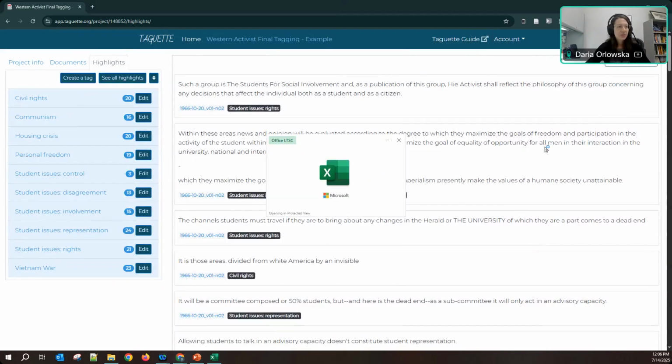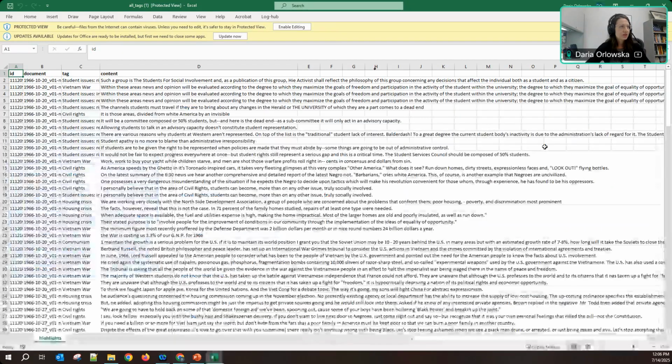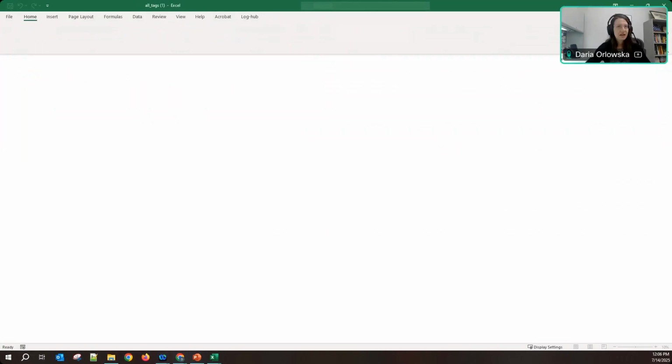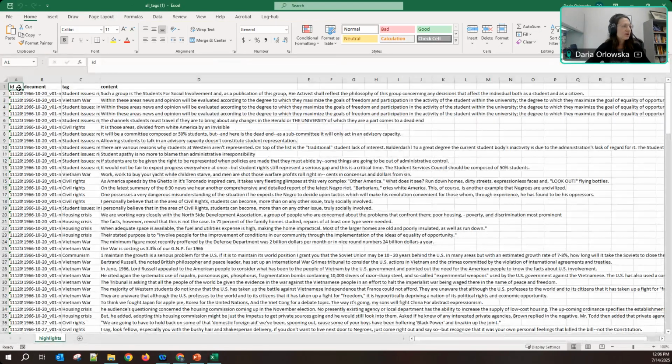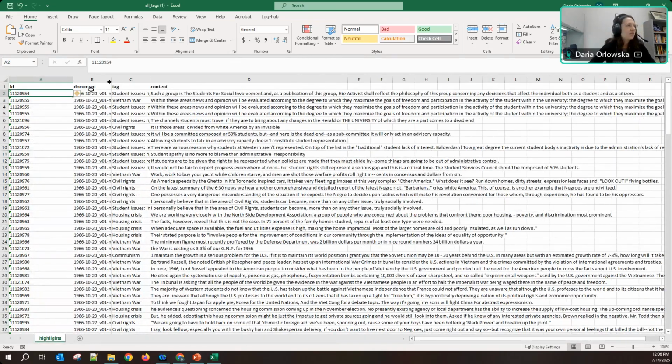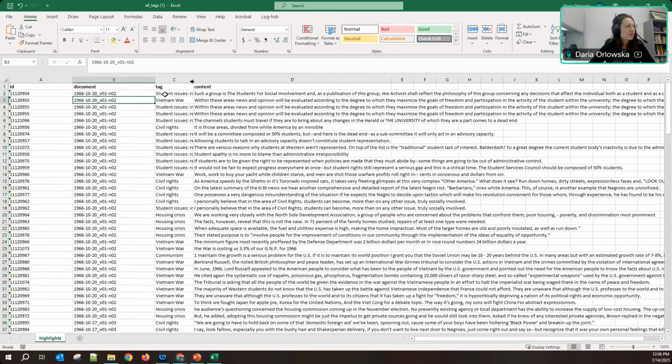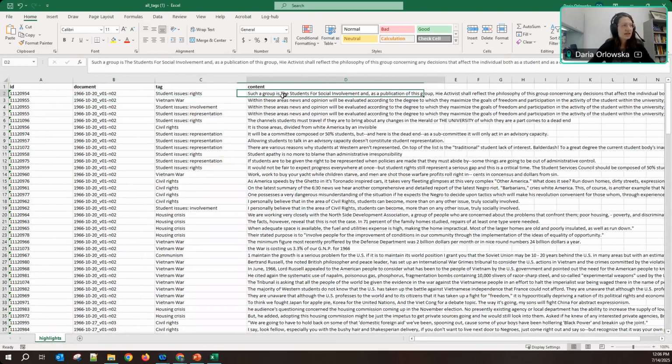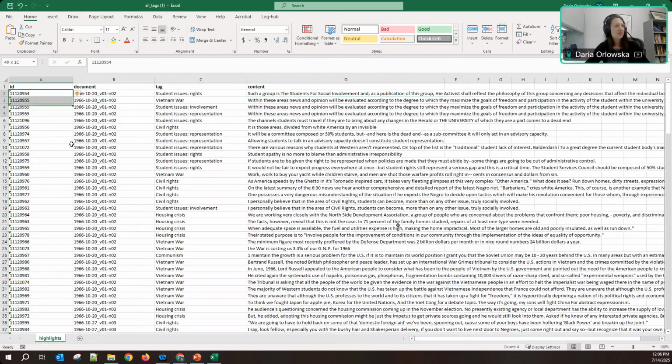When I open it up, I can enable editing, and you will see that you have the ID of your document, the document name, the tag of your code, and then the entire sentence that you tagged. This is my preferred way to export things because it lets you see everything in context.